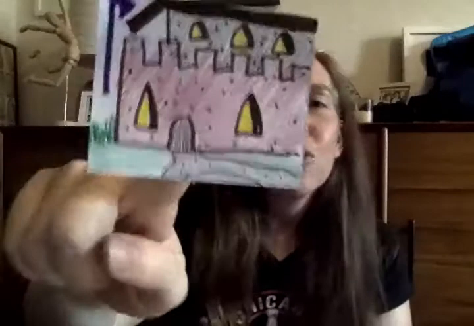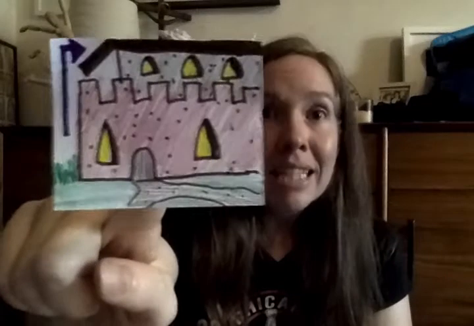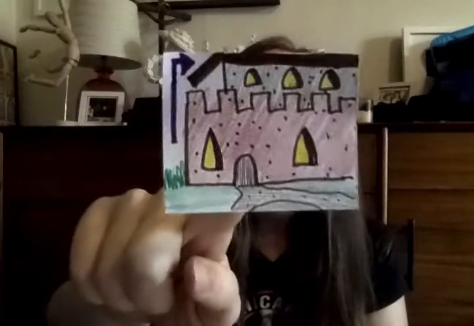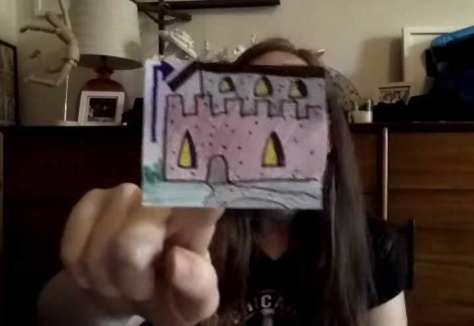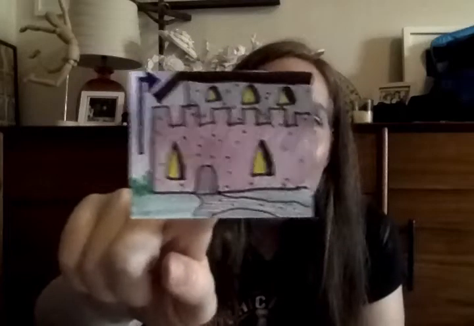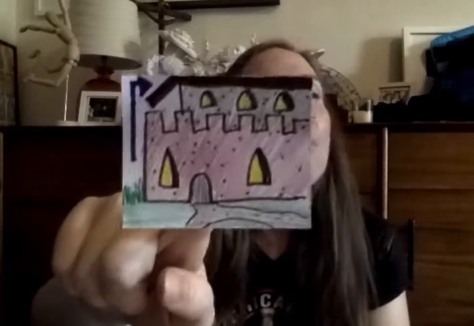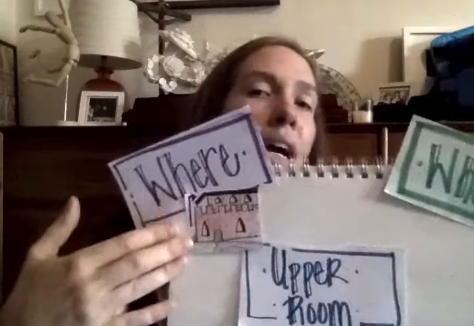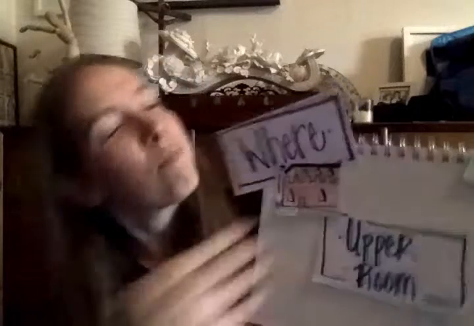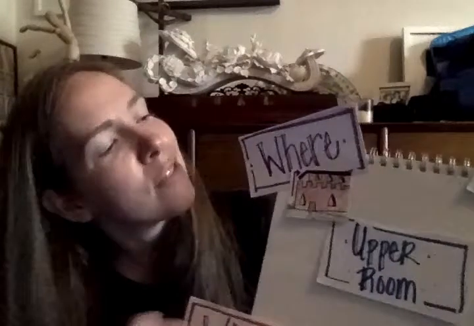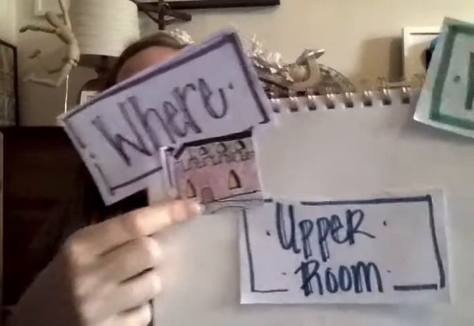So I want you guys to picture this event taking place in a house on the second story. The Bible doesn't say exactly what story it is, but you can picture an upper room inside of a house. So that's going to be where. And also, if we want to think about city, this is happening in the city of Jerusalem. The Bible also, during this part, talks about Bethany and things like that. We also talk about the Mount of Olives, but here's going to be the where, the upper room.